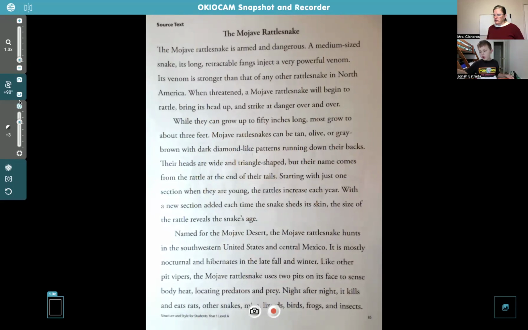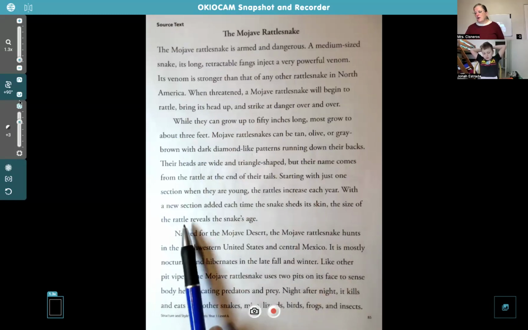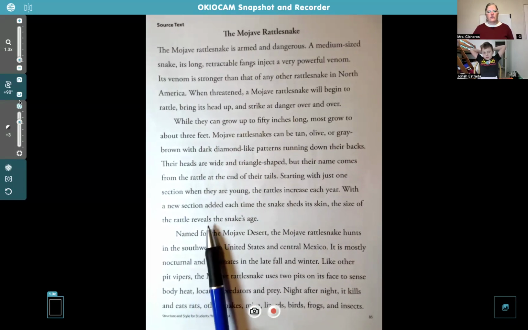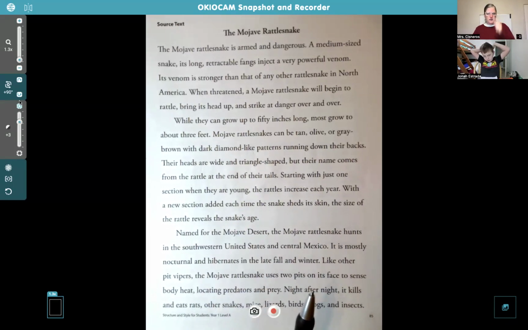One. Okay. I wonder if we can kind of combine that information into one. Yeah, but it's kind of hard to do that. Yeah, I know. It's really hard. Well, I like that part that does talk about how the size of the rattle reveals the snake's age. That's pretty cool. But it is a lot of information. What do you think? How should we put this in there? So we can only add like one word of the next sentence. So maybe like